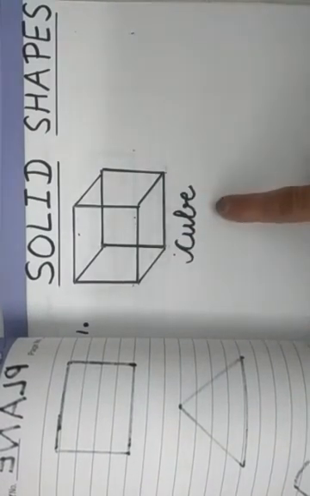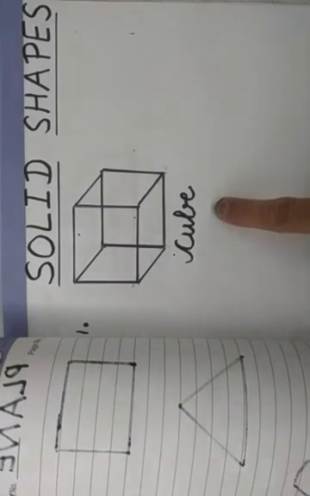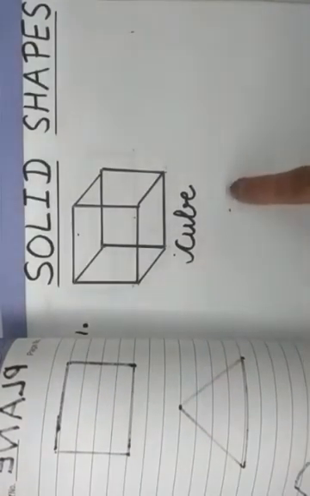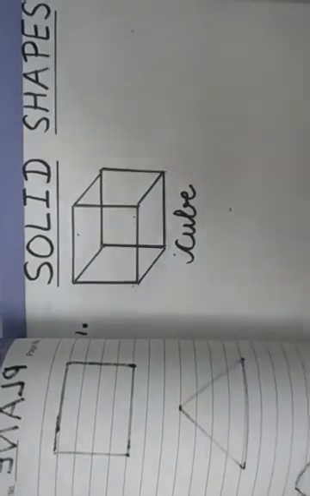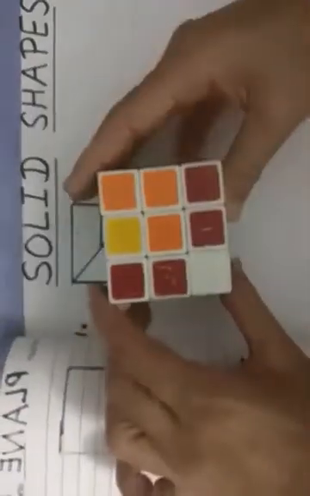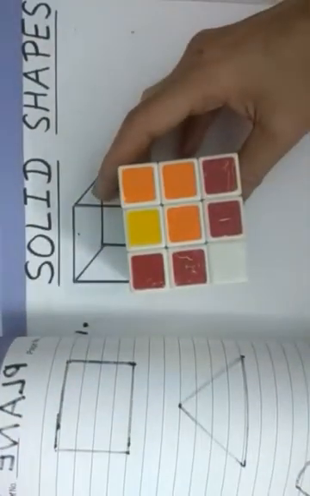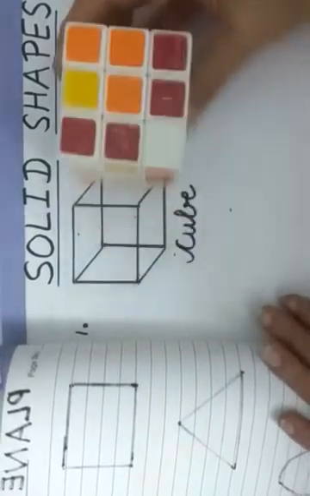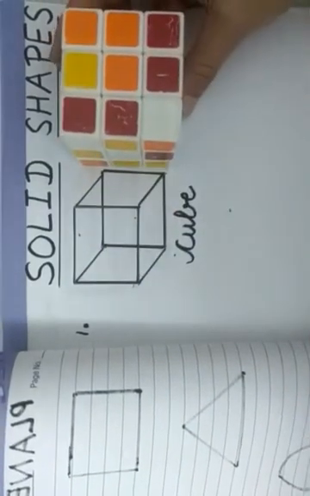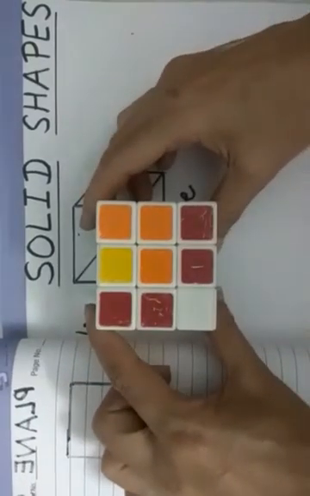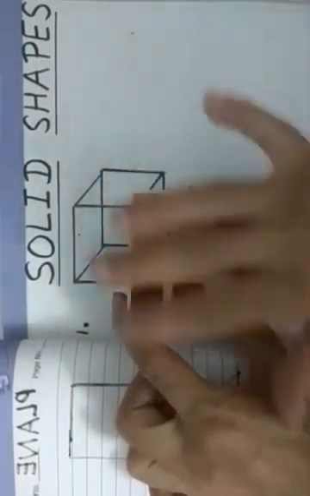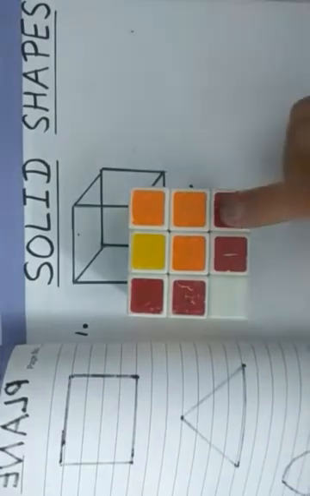Although I will also tell you by showing the original things so that it will be more clear to you. Okay. Now, first I am going to show you. You can see here it's a Rubik's cube. Its shape is the same on all sides. That's why it is called a Rubik's cube. Now here we will discuss surfaces and vertices.